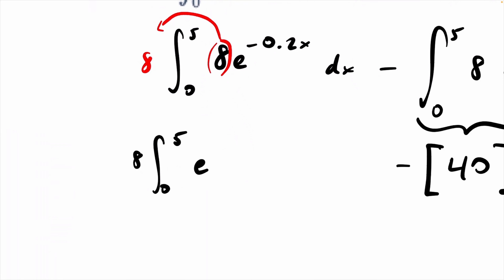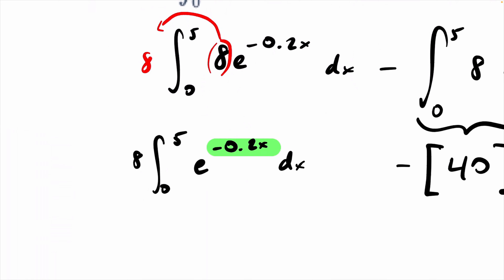0.2, e to the negative. So like I said, e always has powers. And those powers usually are the variable. That's what makes it exponential. So when you're dealing with e stuff, the power is going to be your u. That's what's most likely if you need to do u substitution with e stuff. Where is the u hiding? Up in the power. Okay? Most of the time when you're dealing with anything e related,